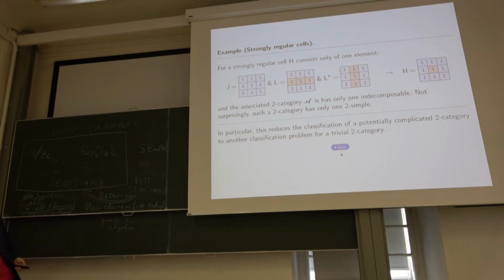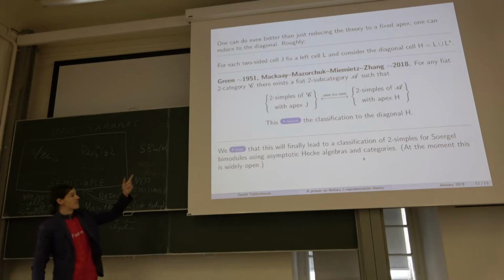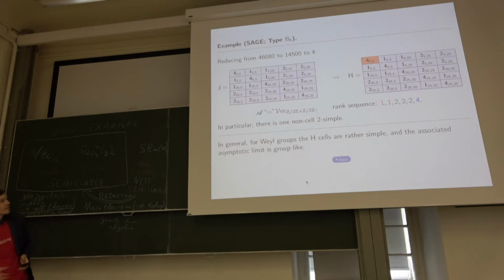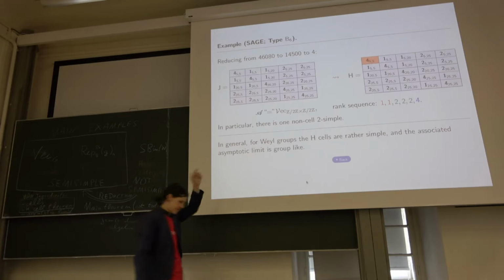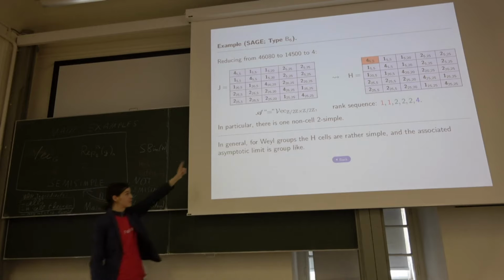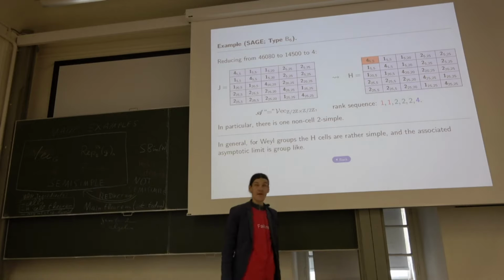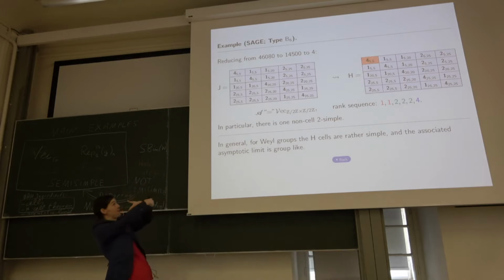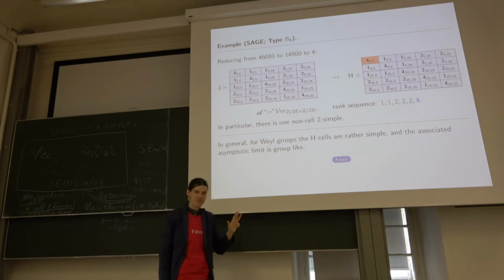This is this very, very nice H-cell theorem, which in some sense goes back to Green. I'm out of time, but I could explain why. And this is my last link to click on. So this was this big cell in type B6. Again, this cell has, whatever, 50,000 elements. You can reduce to an H-cell, which in this case is 4. So we have reduced already the problem from a category which has something like 40,000 indecomposable objects to a category which has 4 indecomposable objects.